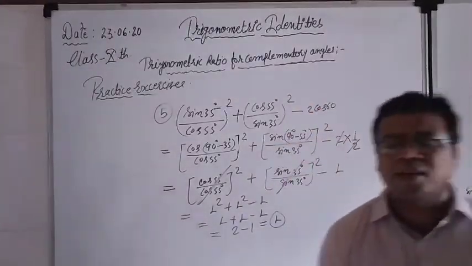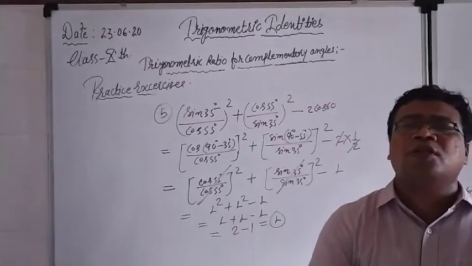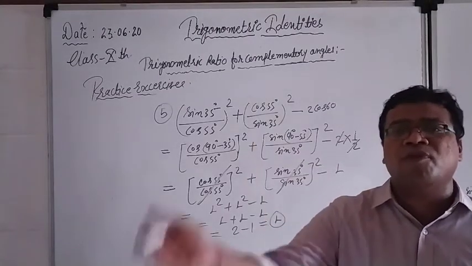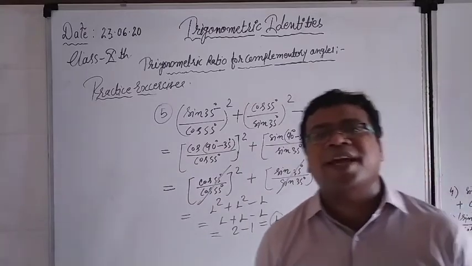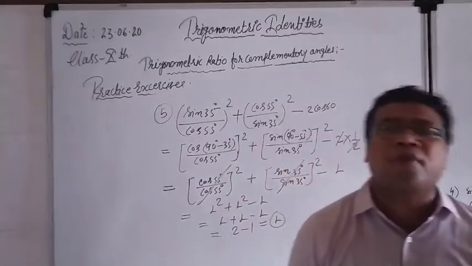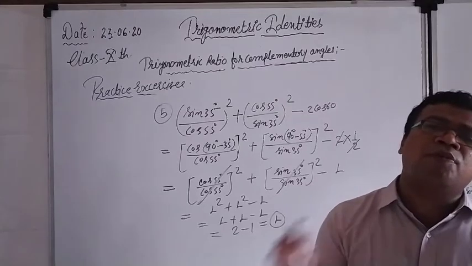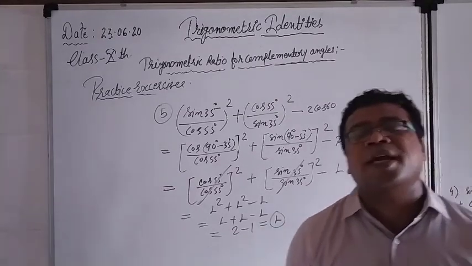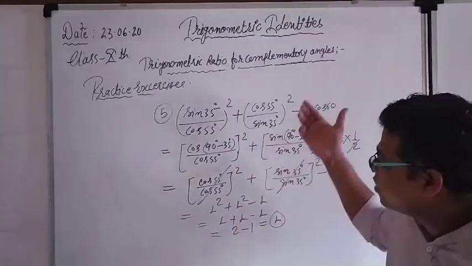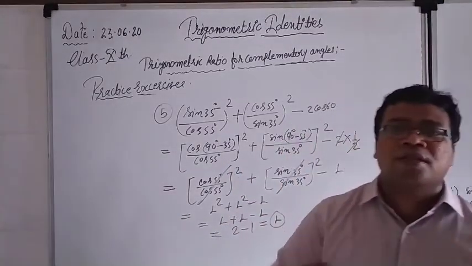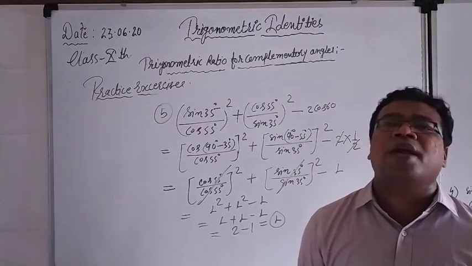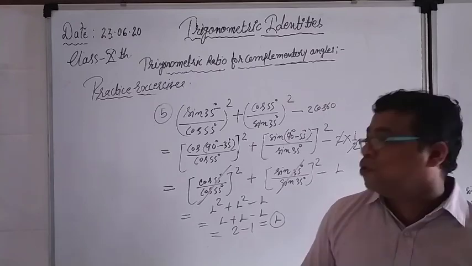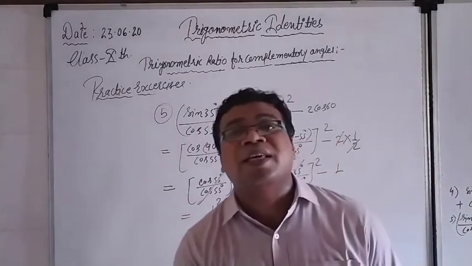So these kinds of questions are very easy, no logic at all. You only have to replace the values: sine in the form of cos, cos in the form of sine, tan in the form of cot, cot in the form of tan, and cosec in the form of sec. If cosec of 90 minus something is given, you can change it to sec of something, and after that things will be very clear to you. Some other identities will also come into play, like sine square theta plus cos square theta is equal to 1. So these are some of the easiest questions.